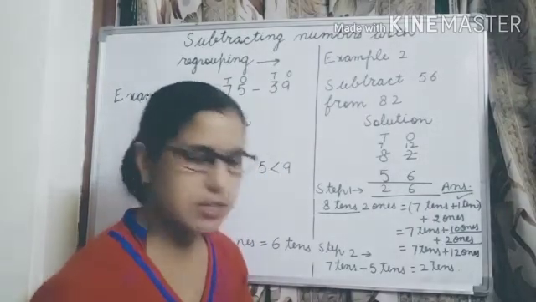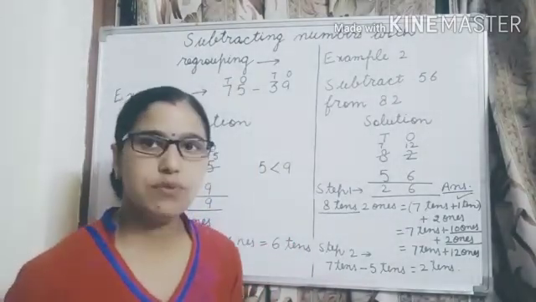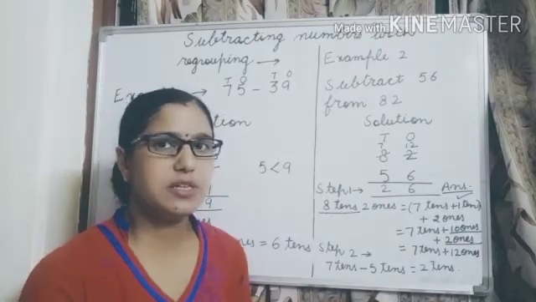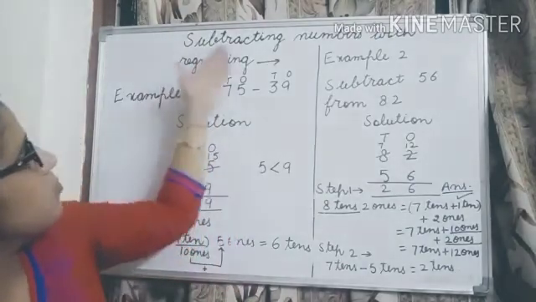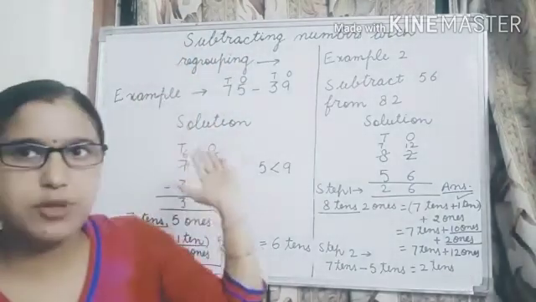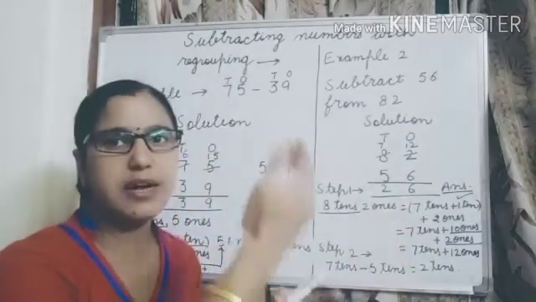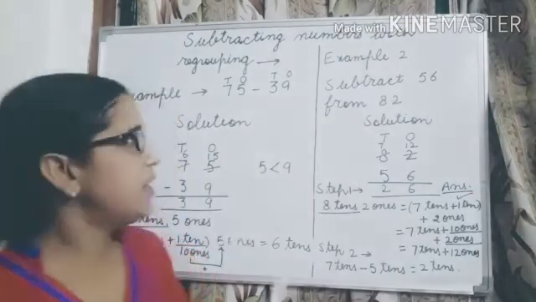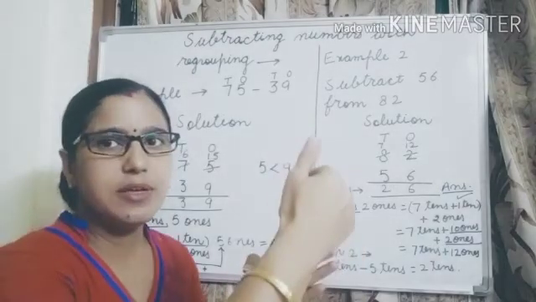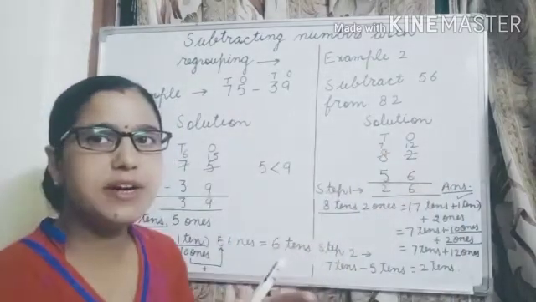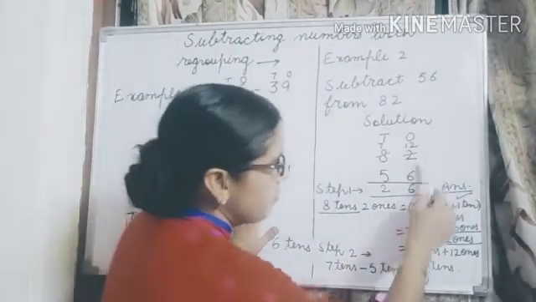Now this is the exercise which is given. In this exercise all the sums are borrow sums, or you can say subtraction of numbers with regrouping. With regrouping means taking a borrow, and without regrouping means without taking any borrow, that is, the upside number is bigger and the downside number is smaller. And when they are regrouping sums, then in a column the upside number will be smaller and the downside number will be bigger. Not the complete upside number, only one place.